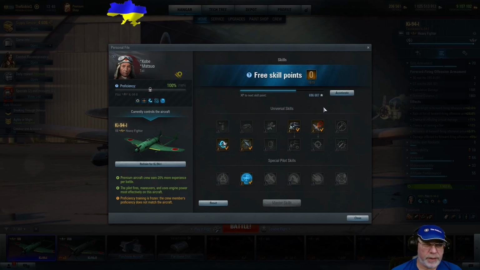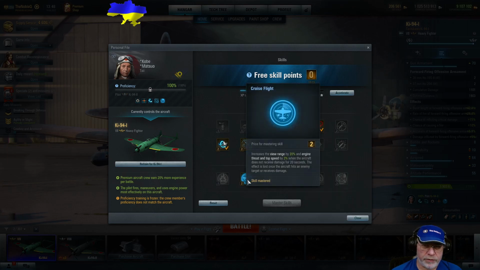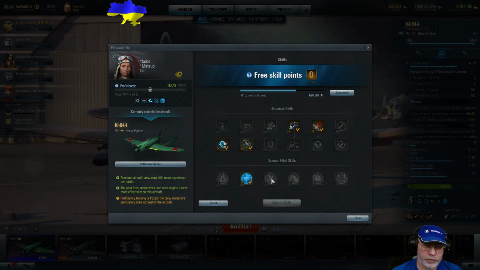And it's all about the weaponry, so I would be concentrating on Marksman 1 and Marksman 2 as soon as possible. So probably go Marksman 1 when I had 2 free skill points, put on the Engine Guru temporarily, and then as soon as I had a 3rd skill point, I'd go for Marksman 2. And then probably I'd build up Engine Guru 1 and Engine Guru 2. Quite an interesting skill here. Cruise flight increases the view range by 20% in engine thrust and top speed. I know there are people who like this. Another good choice is resilience, but that would definitely probably be after these 4 skills here,